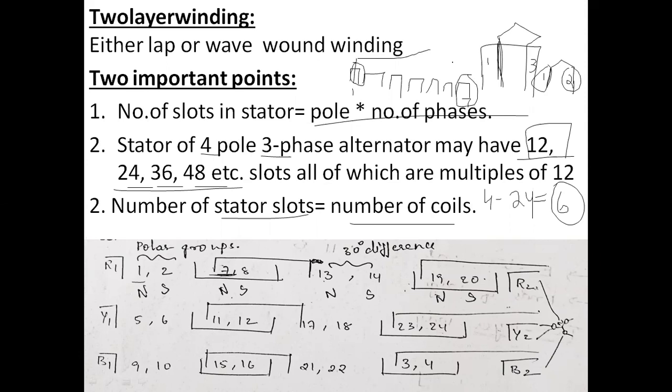Okay, so the coil should be wound like this. These two slots are having one coil, so the two sides are in slots 1 and 7. So if the coil is wound like this, the pole pitch is said to be 180 degrees. Okay, the pole pitch is 180 degrees electrically apart.